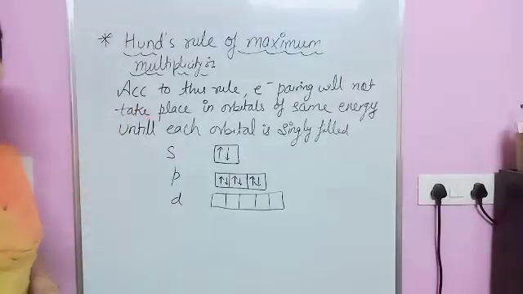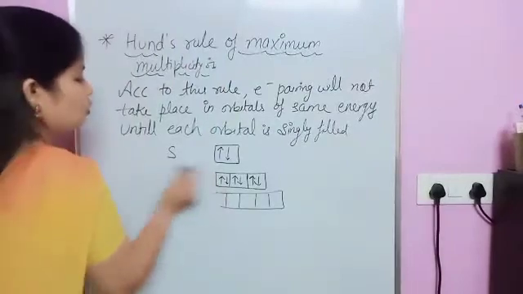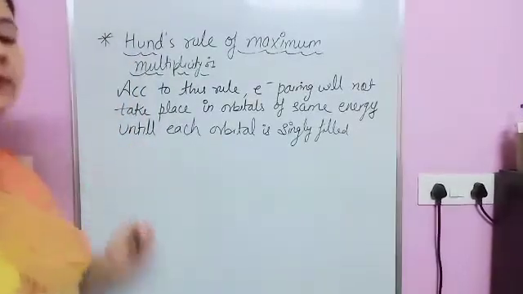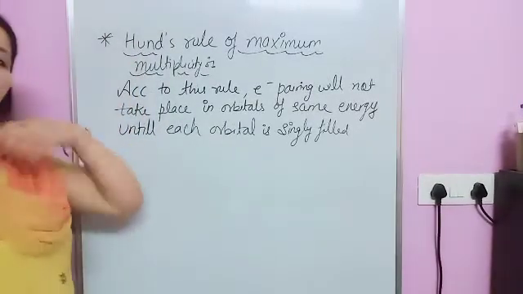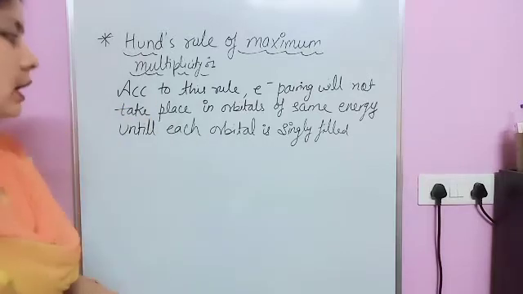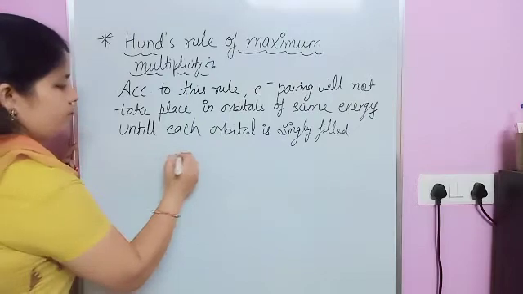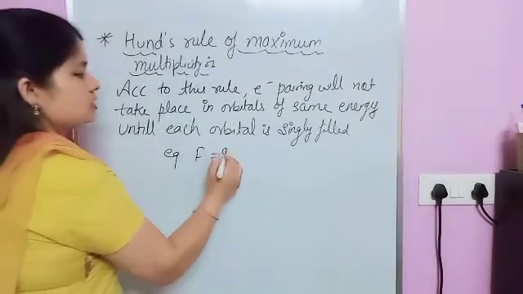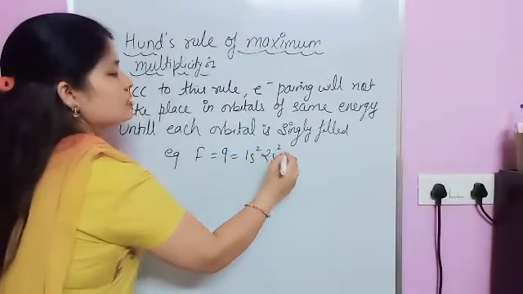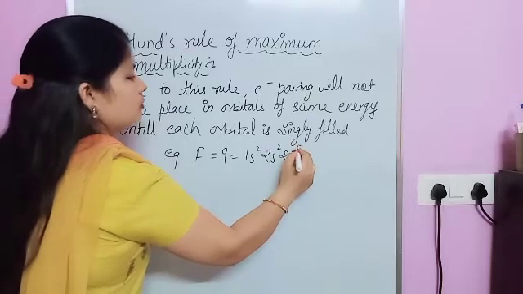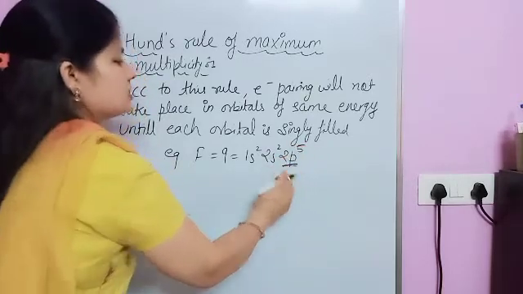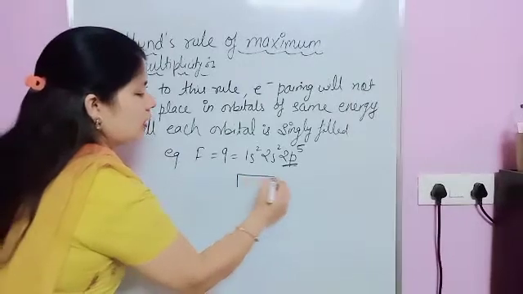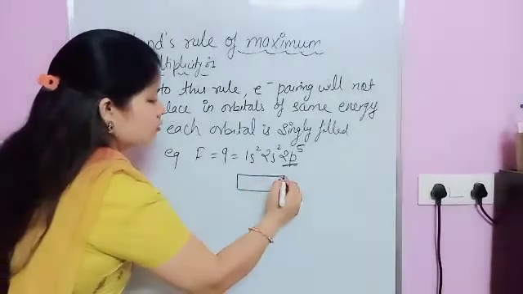So according to Hund's rule, what he said is that if orbitals of the same energy, अगर जो subshell है, if they have the same energy, तो first of all electrons fill singly and after that pairing occurs. Now just see, for example, in case of phosphorus. Now phosphorus is 1s2, 2s2, 2p5. Now in case of this, just see, how many electrons does P have? 5. So when you fill electrons in this orbital, जब हम orbital में electrons को भरेंगे,